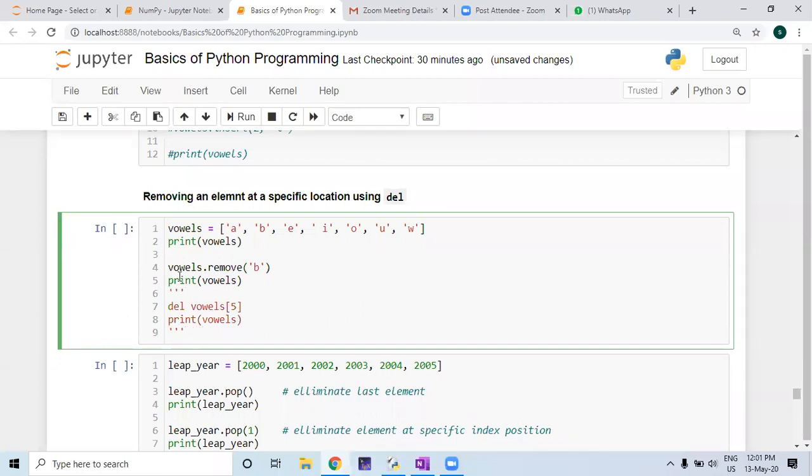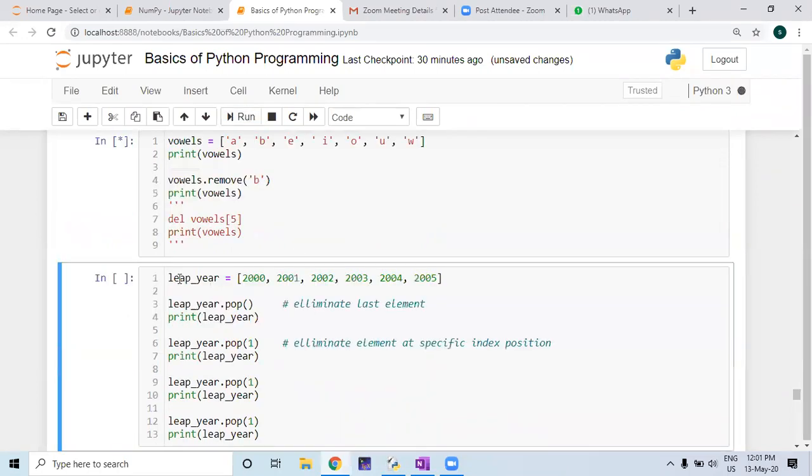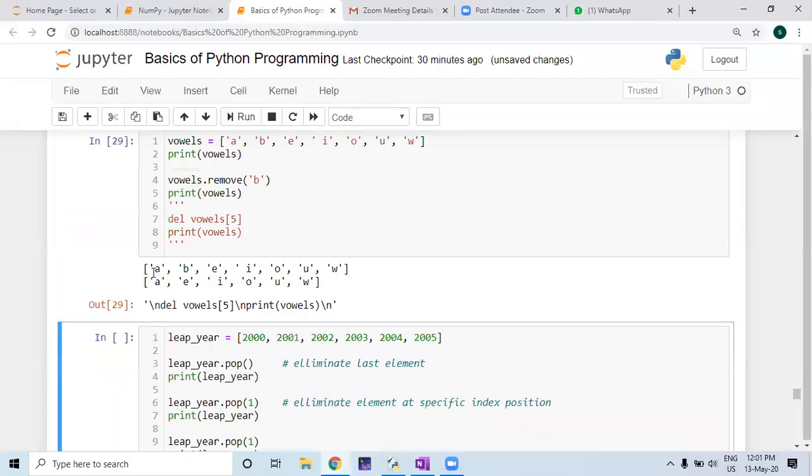I want to remove B and then see what happens. Initially your list was A, B. There, you want to remove B. What have you written? vowels.remove('B'), and then you have printed. You don't find B here. B has been removed. So by writing this syntax, you can remove an element from the list. Got it? list.remove, write the element that you want to remove from the list.